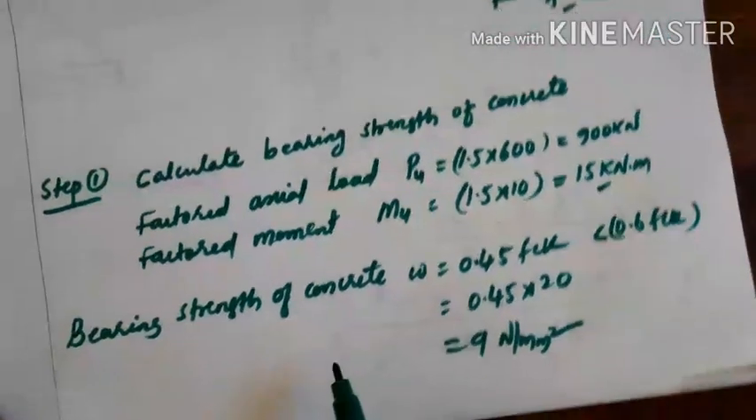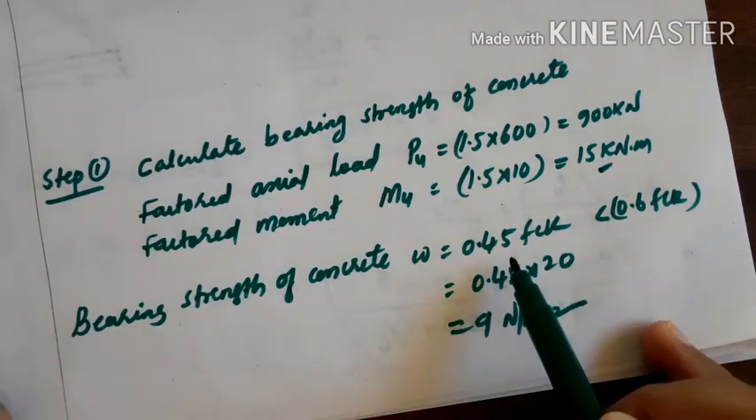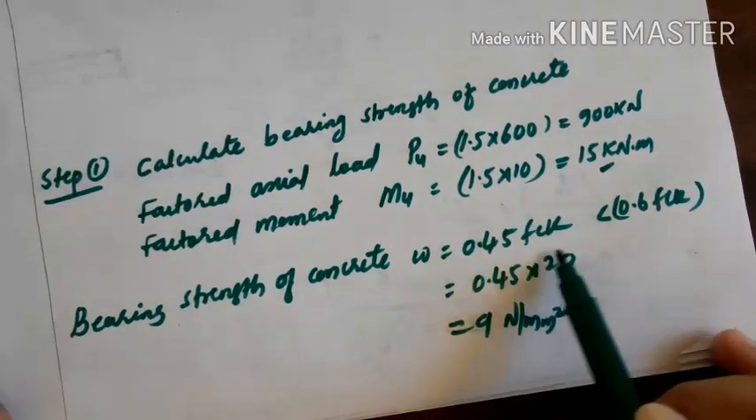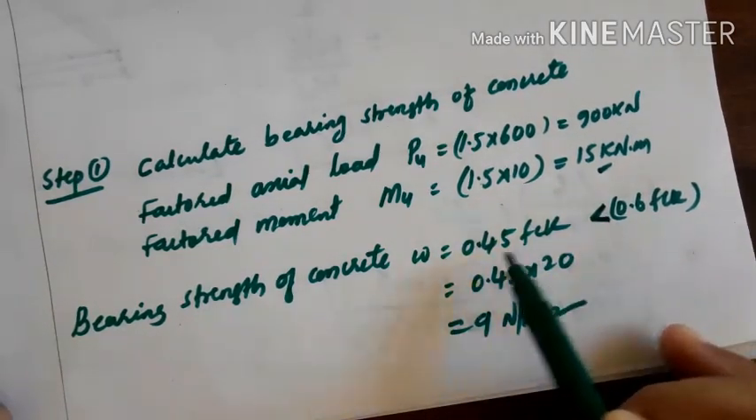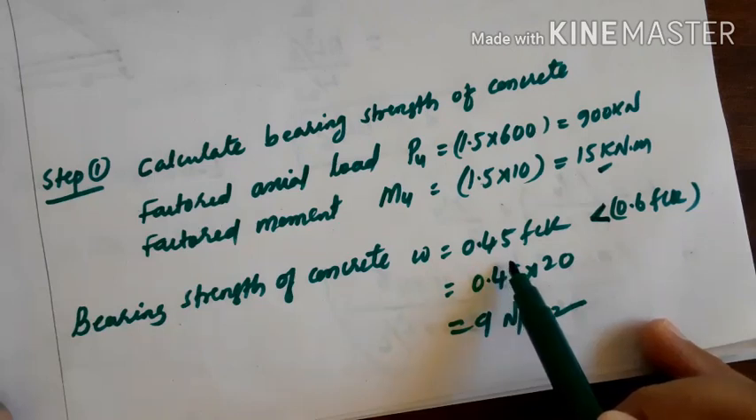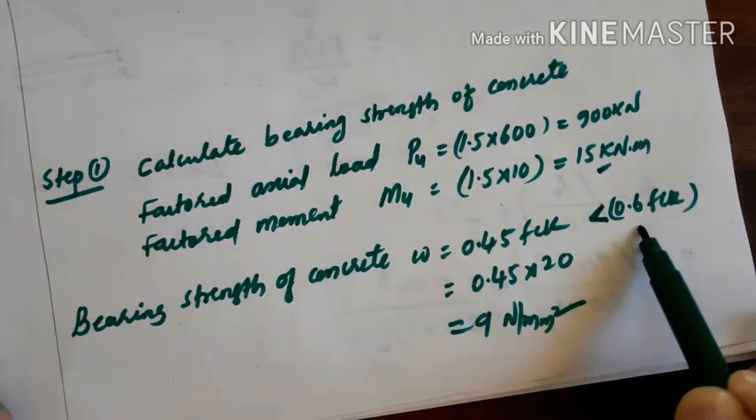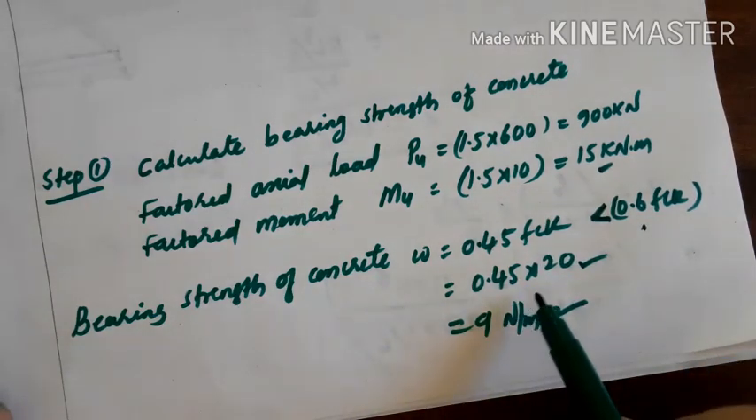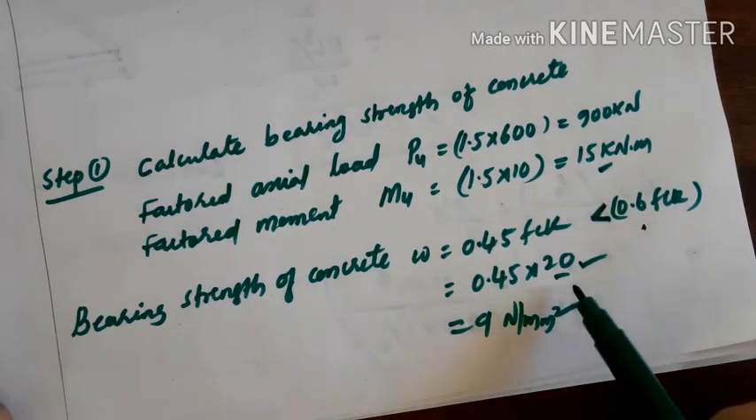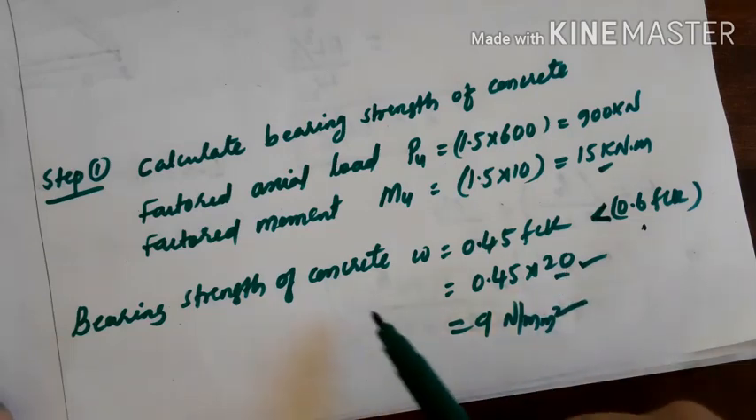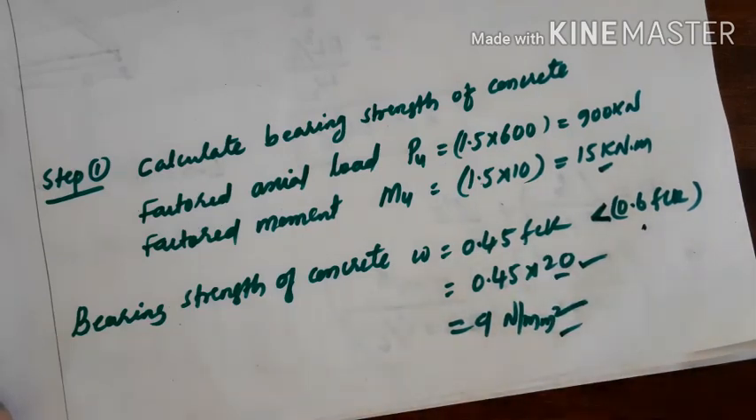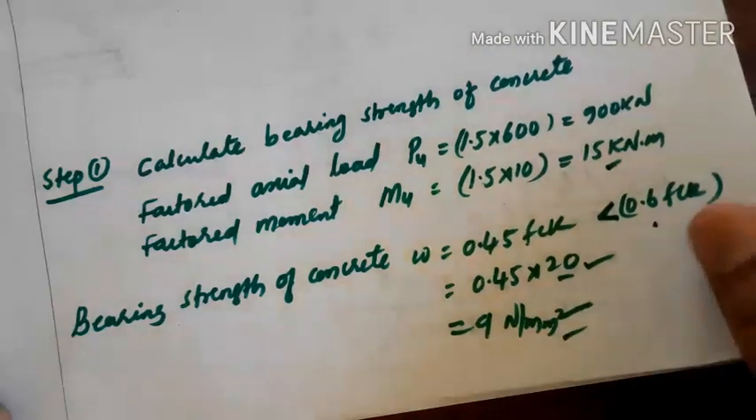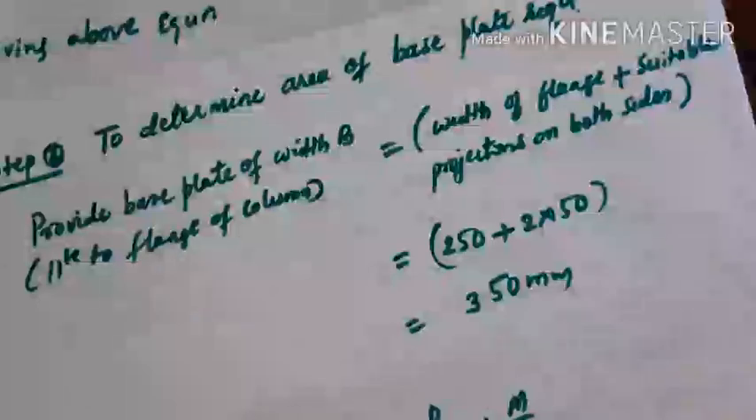So the bearing strength of the concrete is 0.45 fck, or you can take it as 0.6 fck. I have taken in this problem 0.45 fck, and if you are taking 0.6 fck and calculate, that is also correct. So here I am calculating taking 0.45 fck. 20 is the characteristic strength of concrete. Then we get the bearing strength as 9 Newton per millimeter square. Then the next step will be